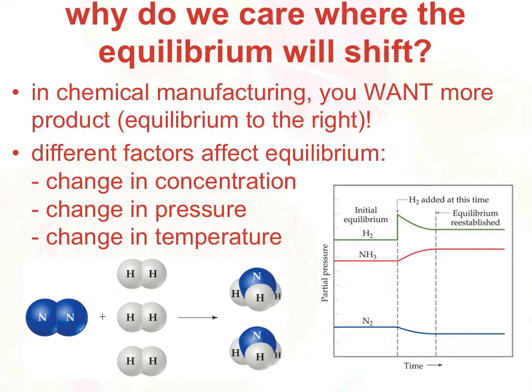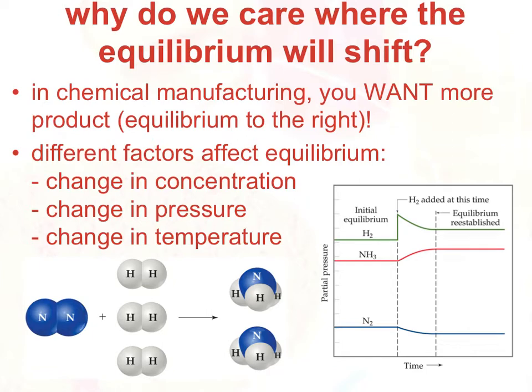So there are several factors that are going to affect our equilibrium shifts. We're going to look at changes in concentration, changes in pressure, and changes in temperature. All three of these can affect equilibrium depending on the reaction system and can subsequently decrease or increase our yields of product. So if we go ahead and look at this little table over here, notice we have partial